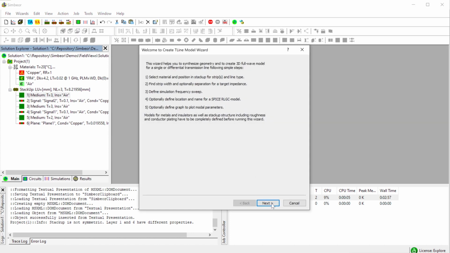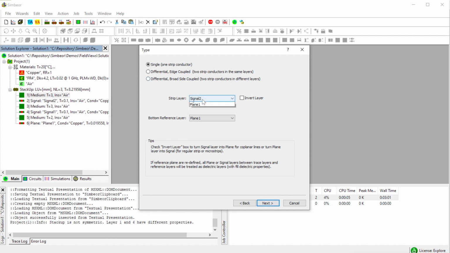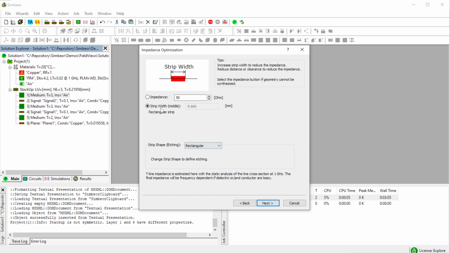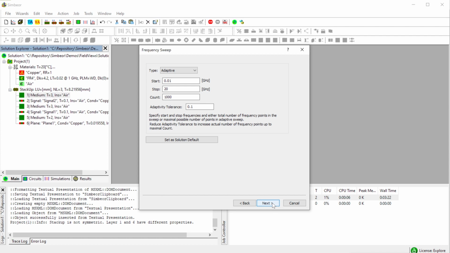modeling. As a prototype, I'll create a simple one wire circuit, 0.1 millimeter, with the 3DML solver. Here I use a Symbior Explorer license, so I may use Symbior 3DTF for better accuracy.